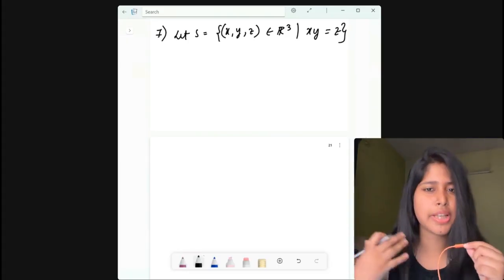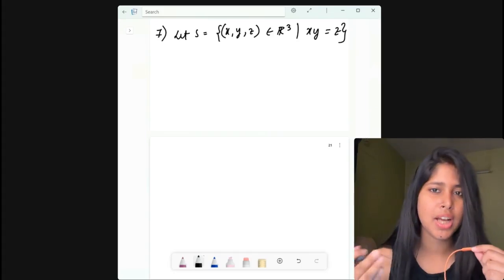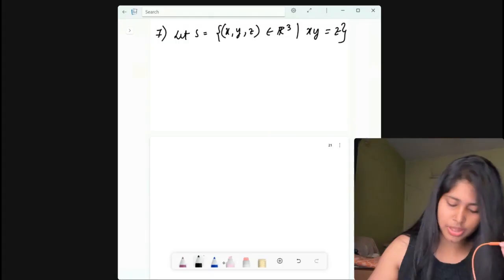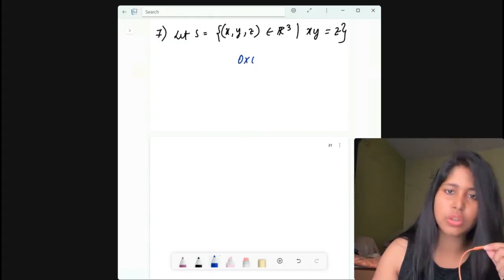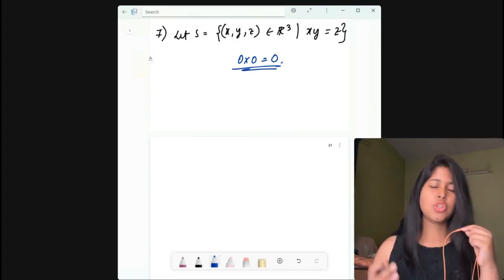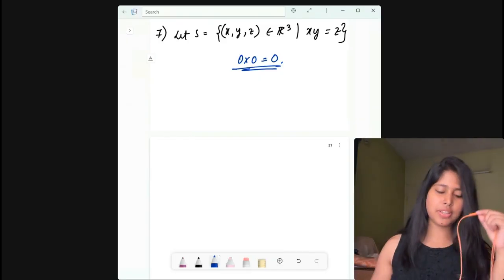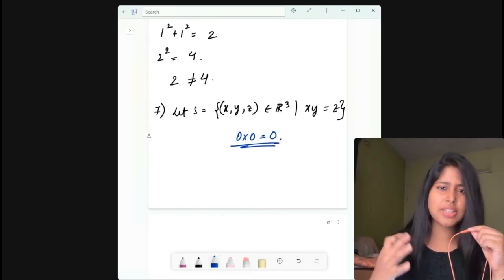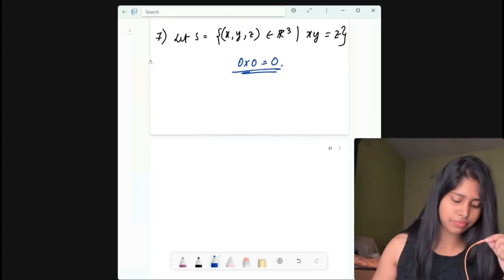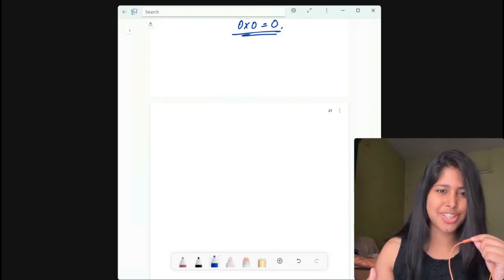And if you see the step 1, the zero vector, this will hold true, right? Because if x and y and z are all 0, then this also holds true. For example, I'm just writing it short, 0 into 0 is equals to 0, right? So step 1, the zero vector is there. So we can say that S is a non-empty subset of R3. Therefore, we can see that the first condition holds. Now coming to the second condition, where I'm not writing again everything about the first condition, okay?